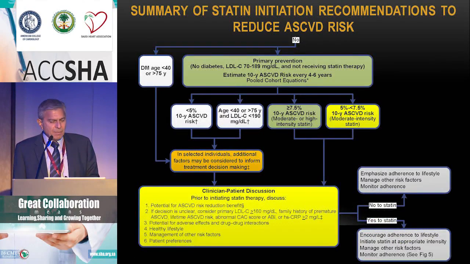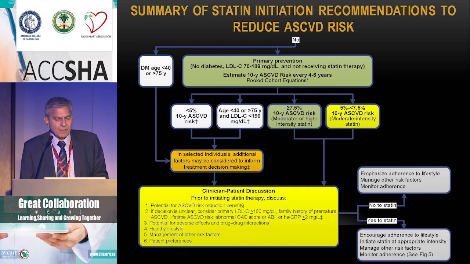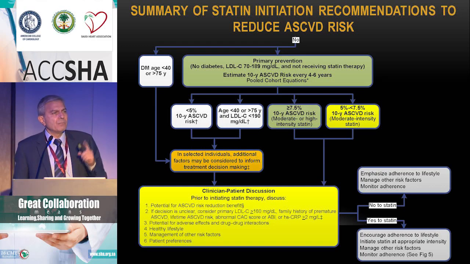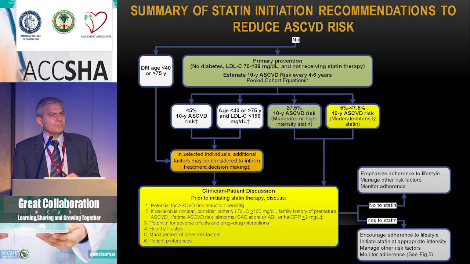But if the atherosclerotic cardiovascular disease risk is more than 7.5%, then that patient needs to be treated with a moderate or high intensity statin. If it's between 5 and 7.5, then also you can discuss with the patient treating with a moderate intensity statin. For sure, in my practice, I rely on the more than 7.5%, and I treat all my patients who are more than 7.5% unless there is a contraindication with the statin. This is provided, of course, they don't belong to the other categories.